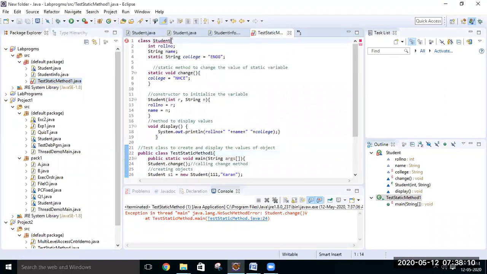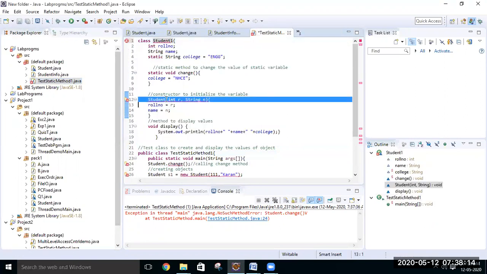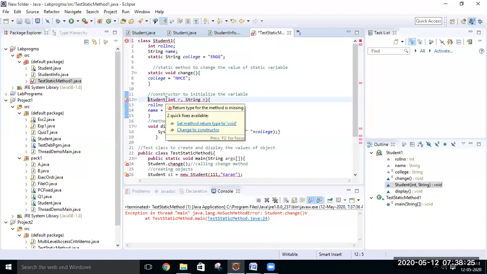Okay, Student is also already defined. In such scenarios, we should change the name to another name.